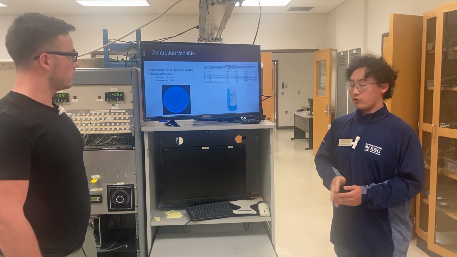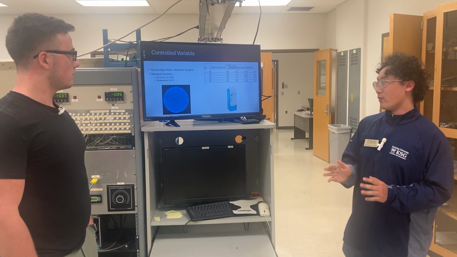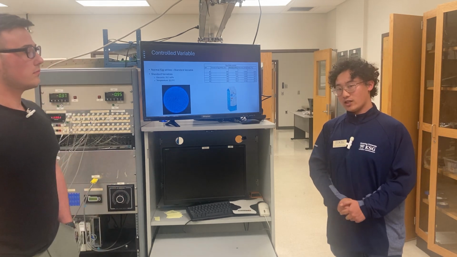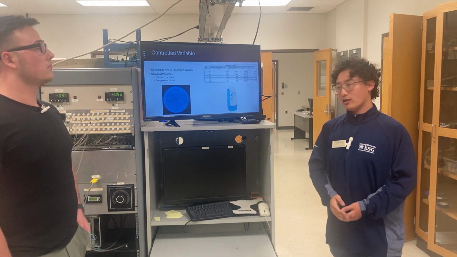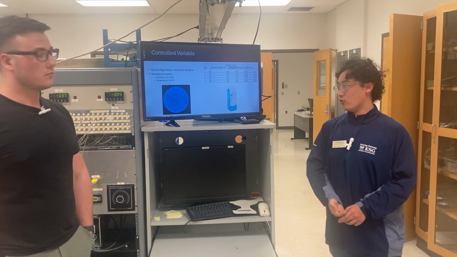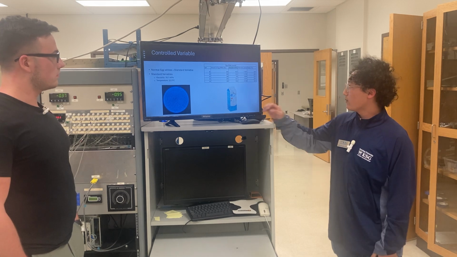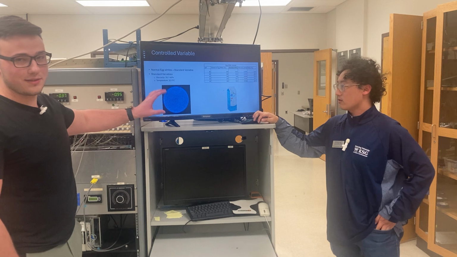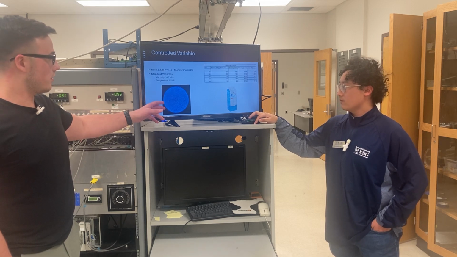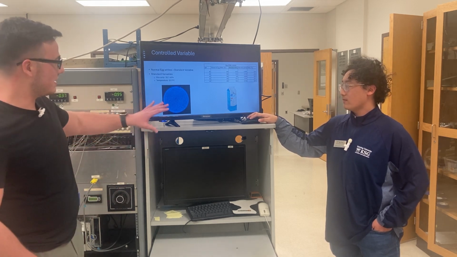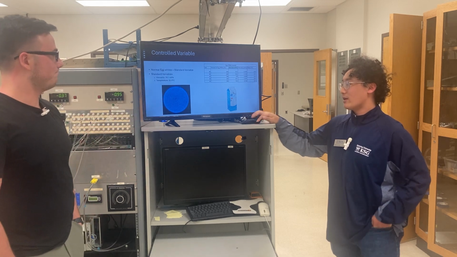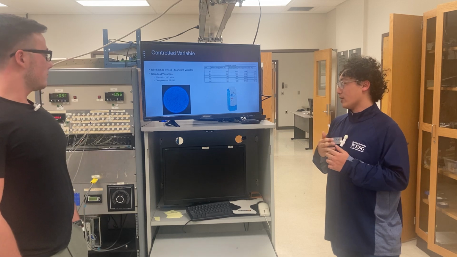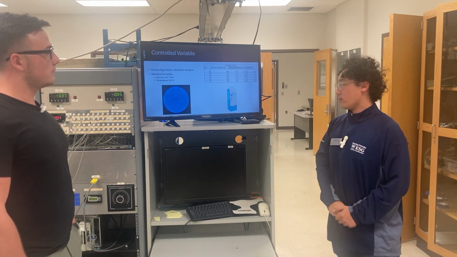So we did a control variable, which is just standard normal egg whites, and the normal viscosity for the egg whites is 10.1 millipascals at a temperature of 22.5 degrees Celsius, as you can see here from our table. One thing to note is that this is the handheld microscope, so it's kind of harder to make out, but you can see something there. As we get into the experiment, you'll start to see that the different parameters had different microscope pictures as well.